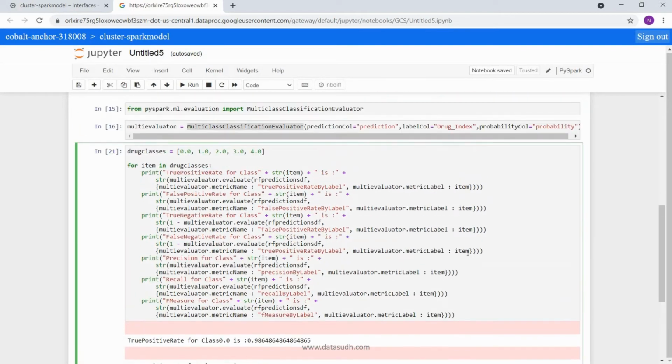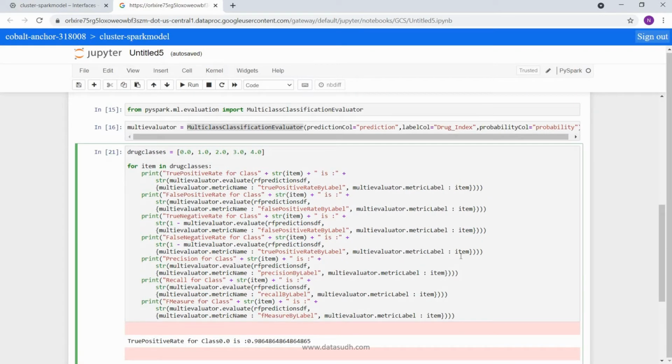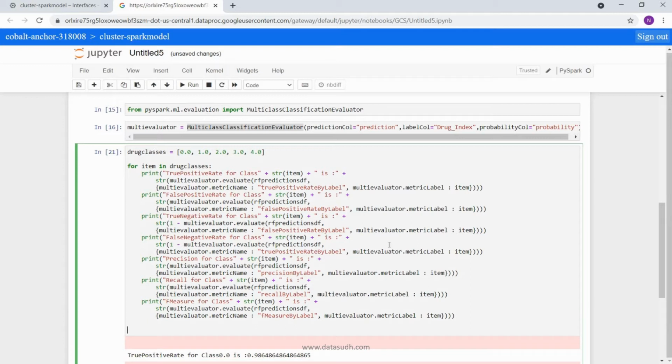Now we also had some weighted metrics which have to be calculated for each class. So we are going to add that as well. Let's take a line break here. For all of these metrics we are going to calculate the weighted version. So let's copy paste here.